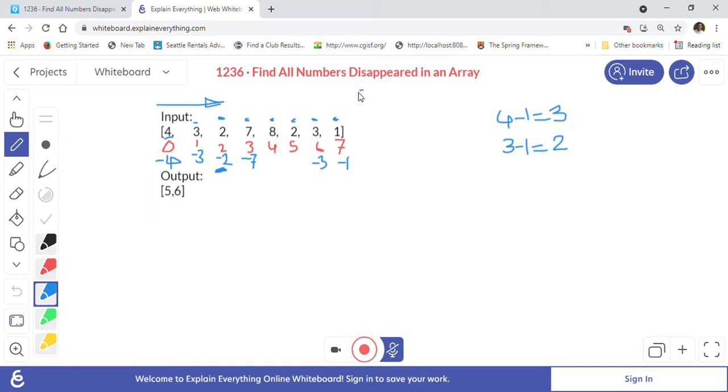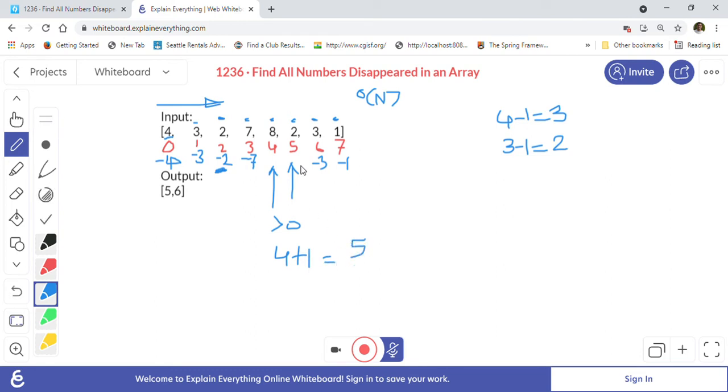So this one is now order of n, right? Because we only are iterating array basically, so it is order of n. And then we will check if there are any elements which are more than 0, right? Like this element is more than 0, this element is more than 0, greater than 0. So if that is the case, then we will just add the index plus 1. So 4 is the index, right? So we will have to add 4 plus 1, which is equal to 5.